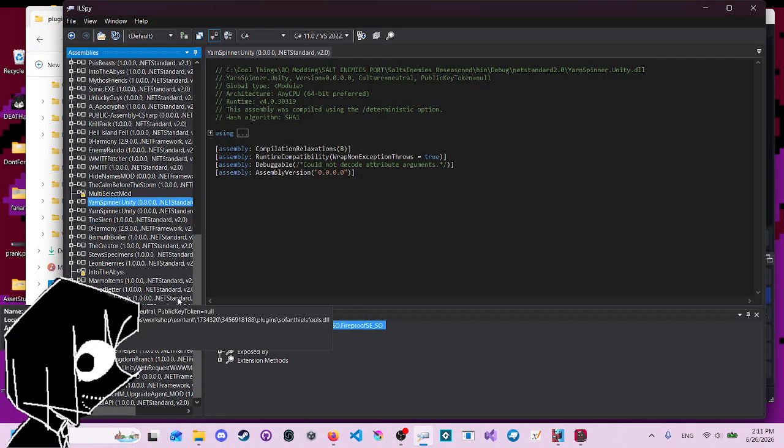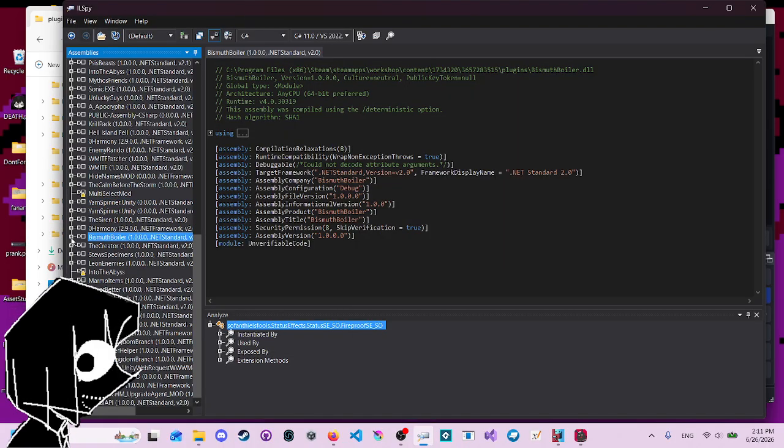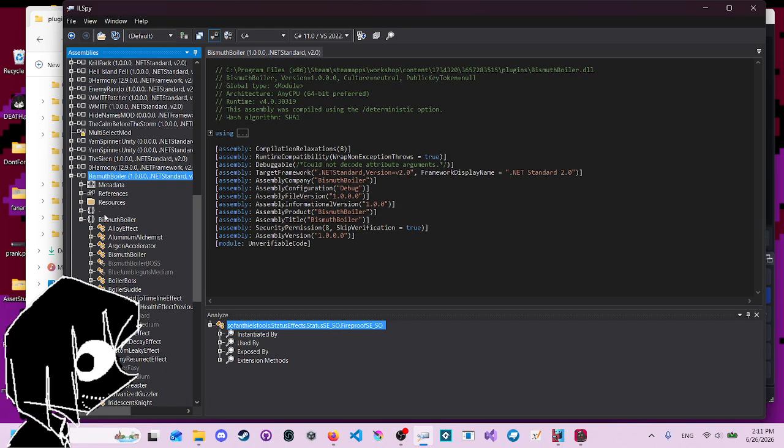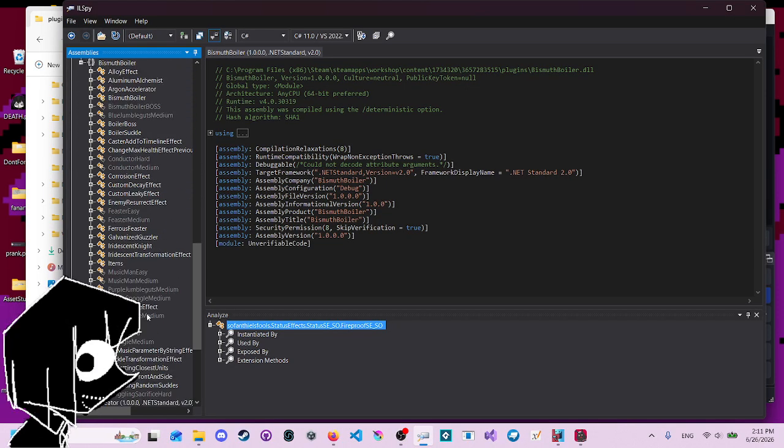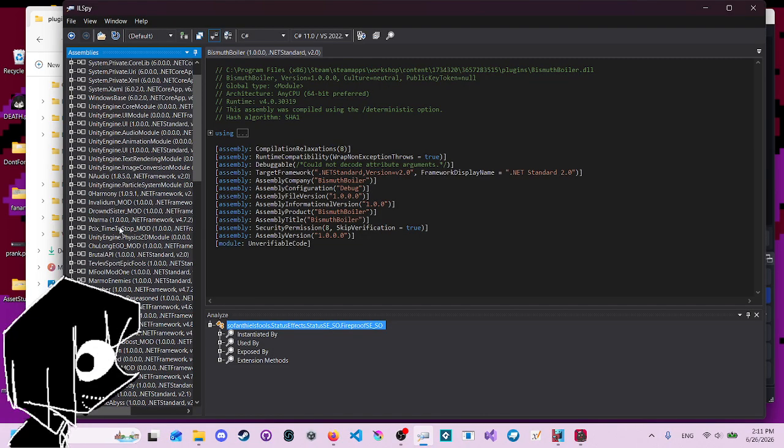If you want to look at an example for something, and you're decompiling it, generally you're going to want to look at smaller mods that have less content in them. For instance, I have Bismuth Boiler down here. If I wanted to look at enemies, this mod I know has very few enemies, so it's easier to find things because this is all of the mod, right? Versus looking at Salt enemies up there,